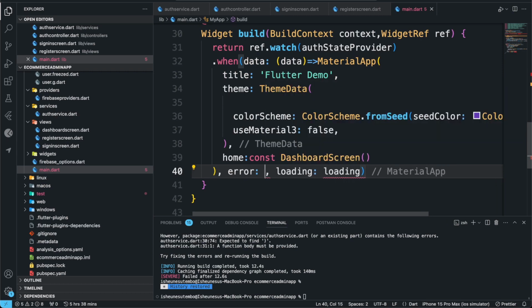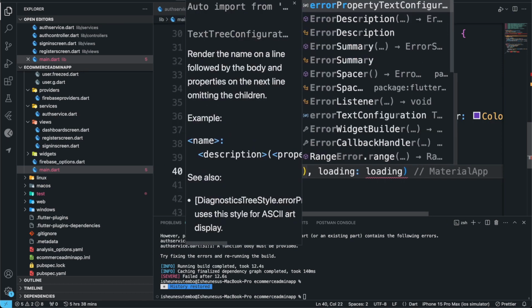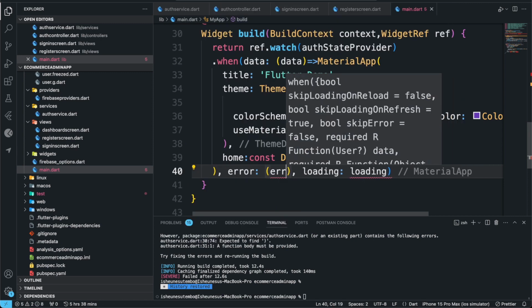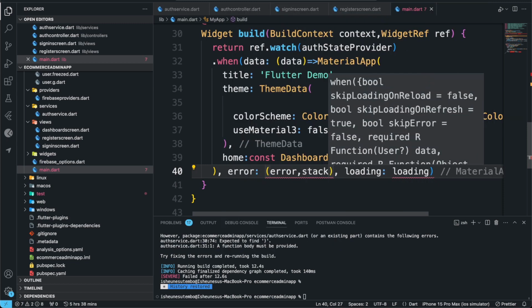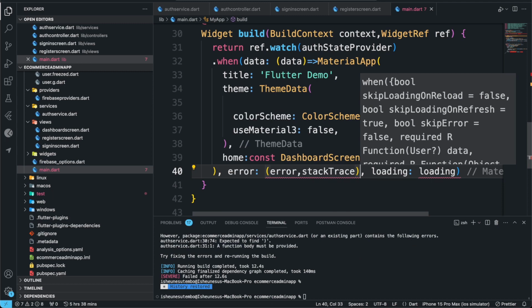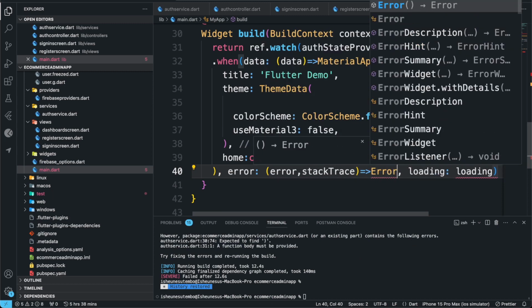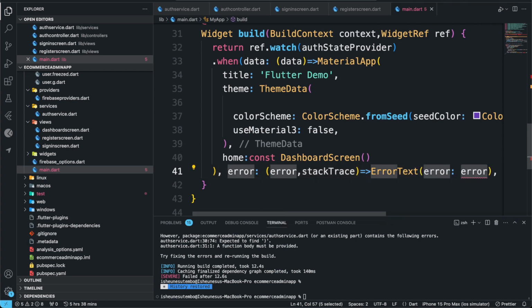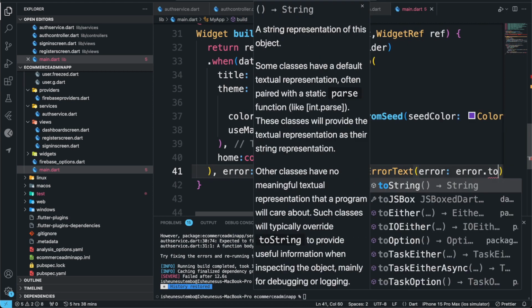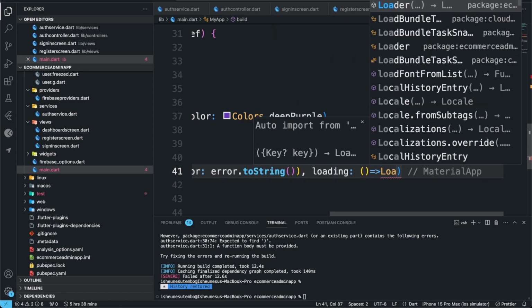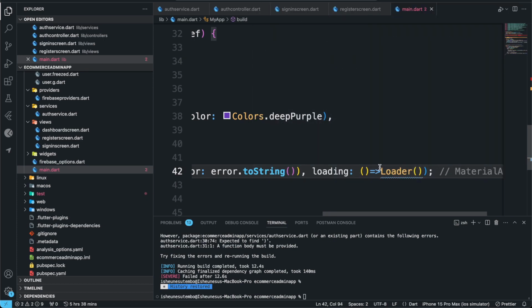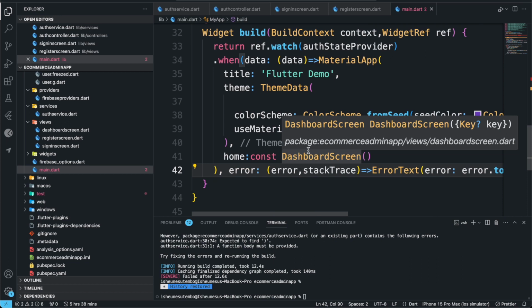So here this error is an error, and there's an error and a stack trace. Then what we are going to do here, we're just going to return that error text, then we're going to say error toString, like this, and then loader is going to return a loader, like this. All right, okay, so now that we are done,